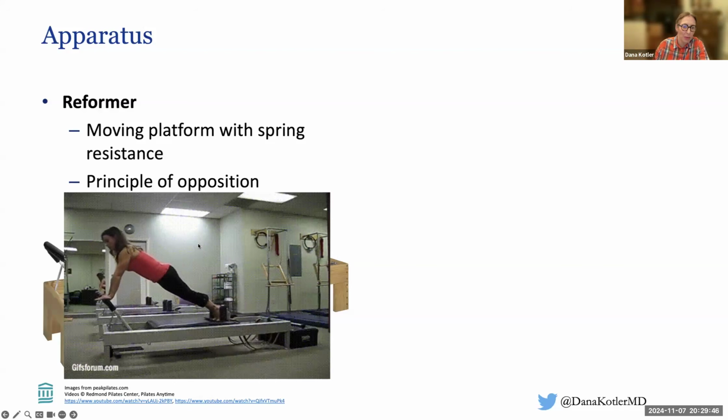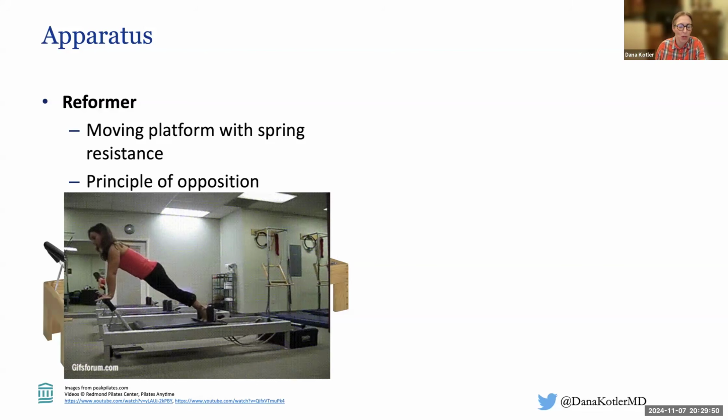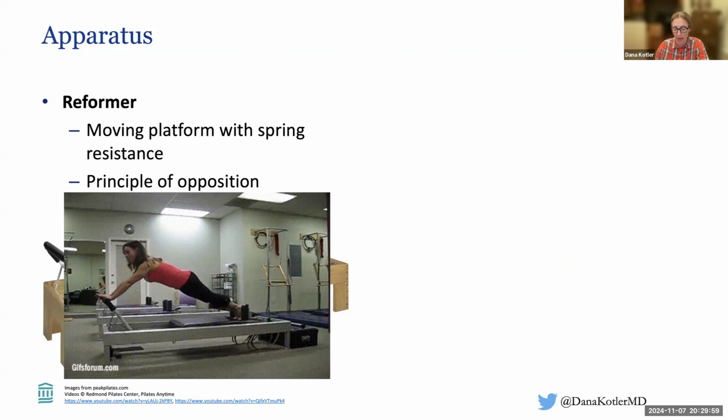And so typically, pushing the carriage out is not very hard because the springs aren't that heavy if you're only using one or two, but the work is on the coming back in. So you can see in this exercise that if you didn't have springs to help you, you'd have to do a whole lot of work with your lats and your serratus to bring yourself back in. So often you're working with the springs so that you can maintain appropriate form, and the springs can help you do the exercise.